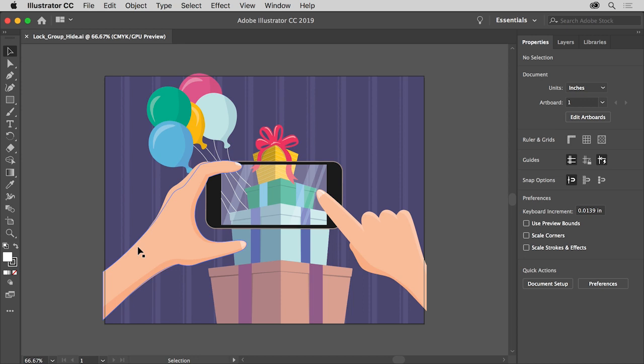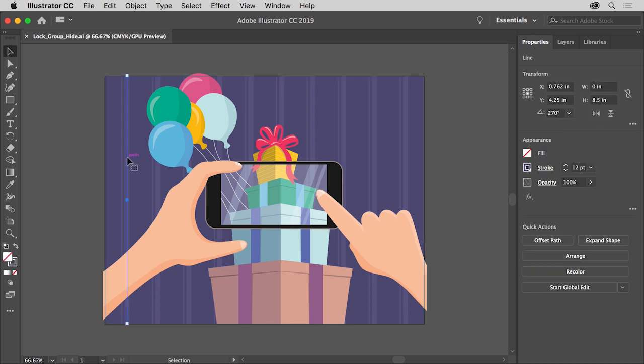Now there are a lot of ways to do this. To start, you'll explore different methods for hiding and locking content, and you're going to start with this background. So with the Selection tool selected, click one of the lines in the background. Now it looks like each of these lines is a separate object. To make it so you can hide all of the content in the background, you'll select all of the lines